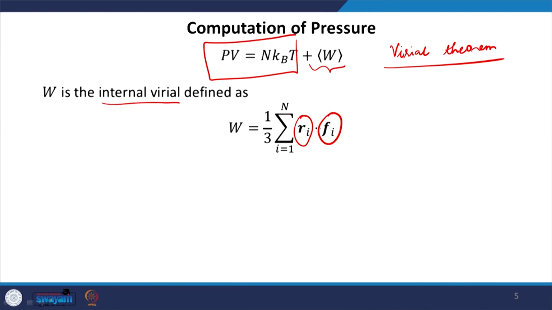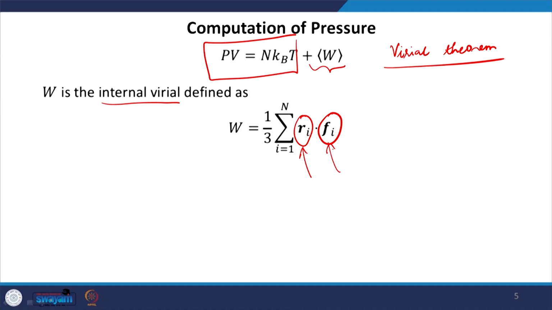And all this information is available to us from the molecular dynamics, because this is what we are solving for. We are solving for the positions, the velocities and accelerations or the forces. So, we clearly have this information present in our trajectory, and I can use that to find the pressure, and again I can use that to control the pressure when I am using a barostat, or I can use that to find the average pressure when I am working in, for example, the canonical ensemble.